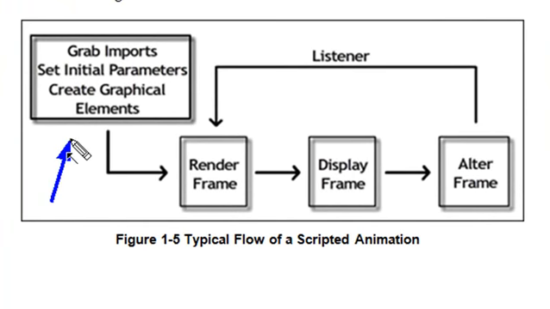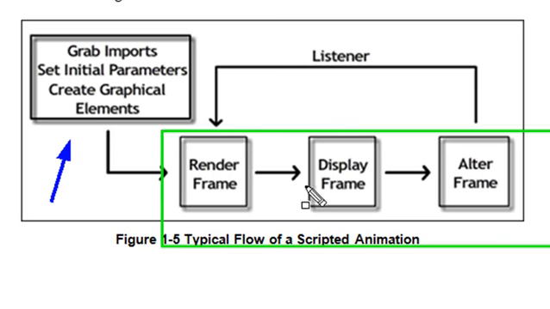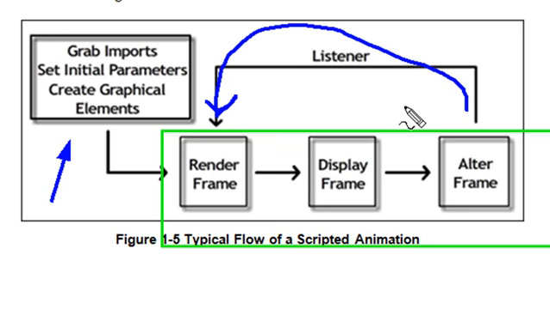In the first part, you grab the imports, set the initial parameters, and create graphical elements. In the second part, you have three possibilities: you can render a frame, display a frame, and alter a frame. Sometimes this is all one step, or other times it's separated into different classes. But what you want to do is make that go around in a circle and iterate over and over again. So you can see this loop is created by a listener,